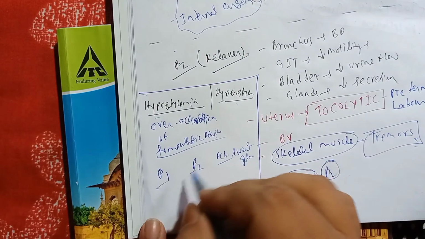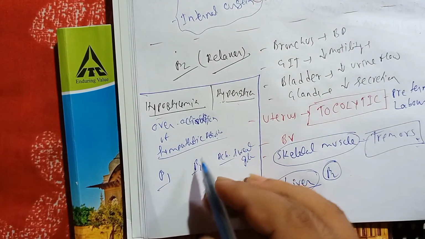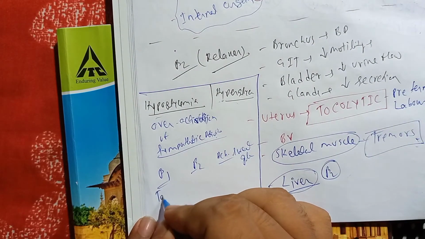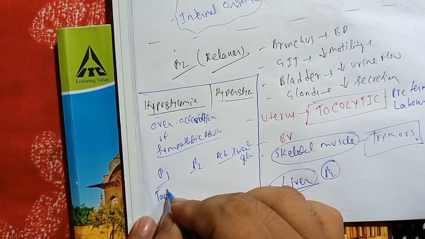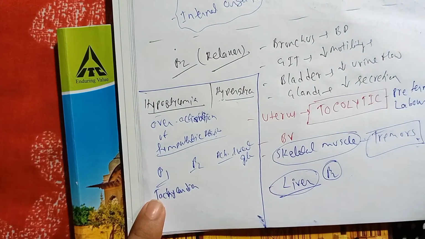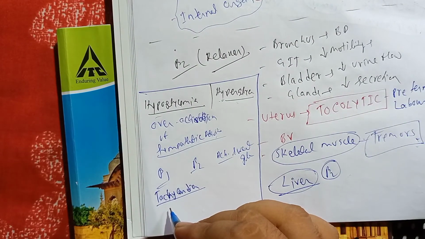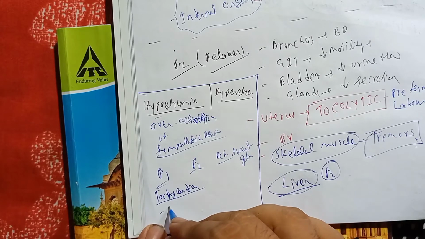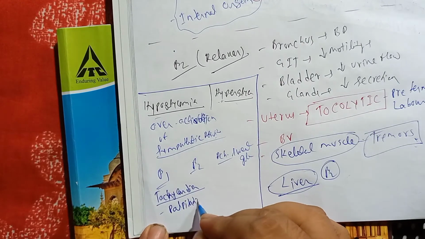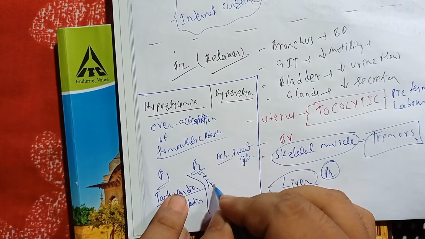Now whenever there is overstimulation of the sympathetic activity, in case of beta 1, that will lead to what? Ultimately tachycardia. Along with tachycardia, we can also observe palpitations within the patient. And what about the beta 2 receptors? We will see tremors within the patients, of course.